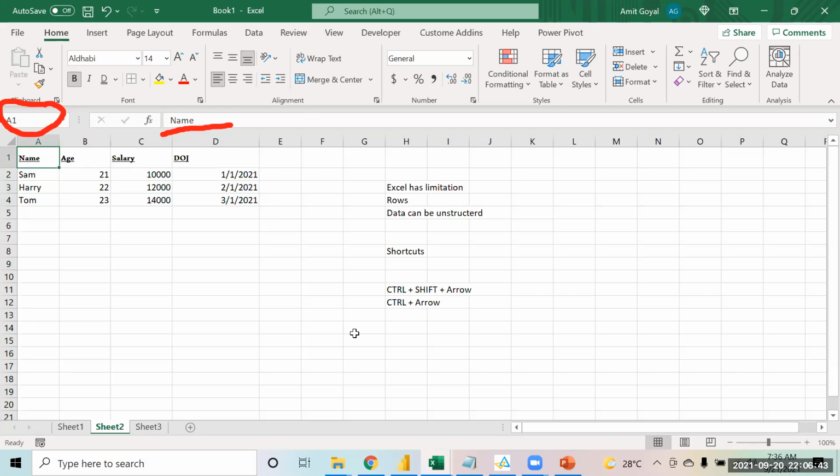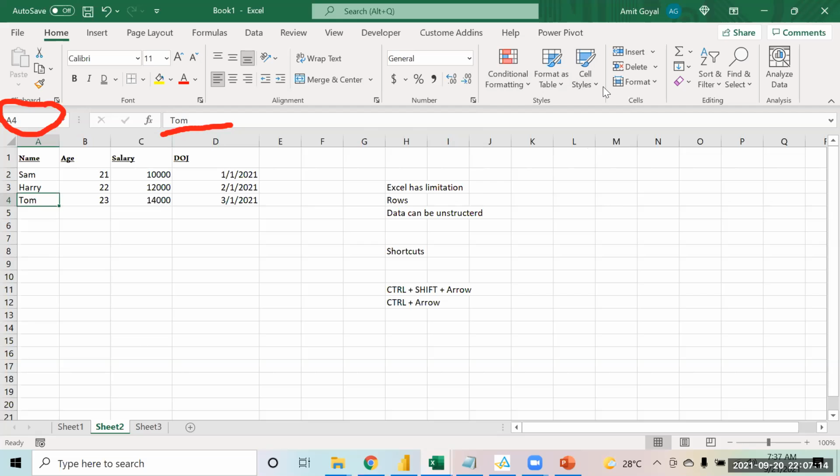No, it will work if you are in this cell. If you press Control down arrow, it takes you to the last name. You see, it goes from name to Tom. Just watch the cursor, it is jumping. For me, it's maximizing Excel. So now I'm putting two tabs, the Zoom tab and the Excel tab. For me, it's minimizing Zoom and maximizing Excel.